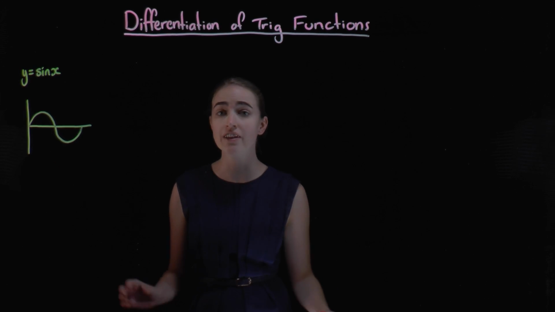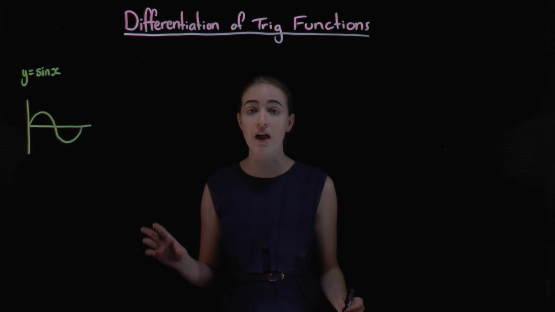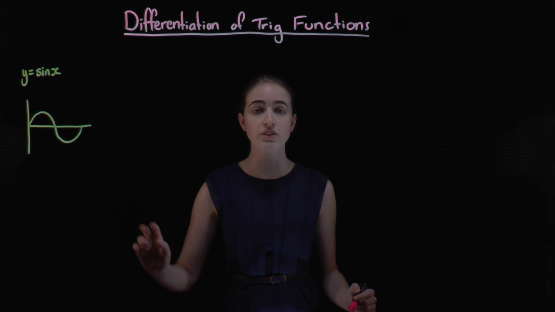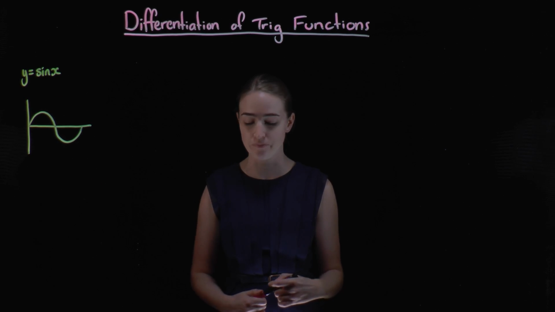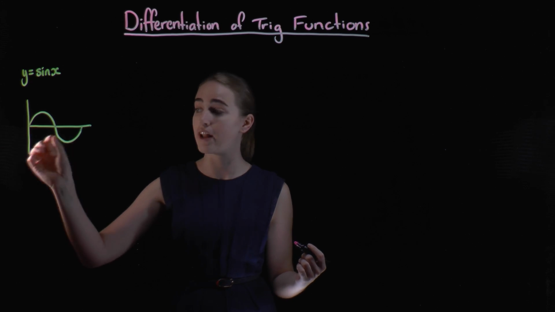Now if we want to find the derivative of that function, we know that the first derivative tells us about the gradient of our curve. So we're going to have a look at the gradient at different points on here and sketch our derivative. So if we do that, our point here, when x is equal to 0, when our angle is equal to 0,